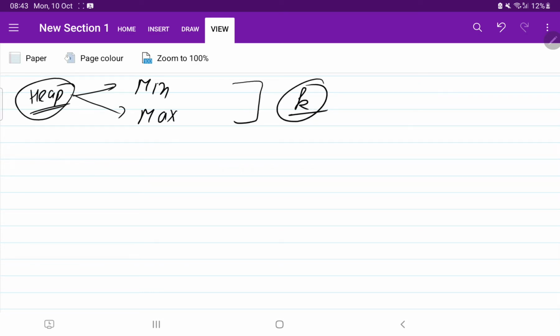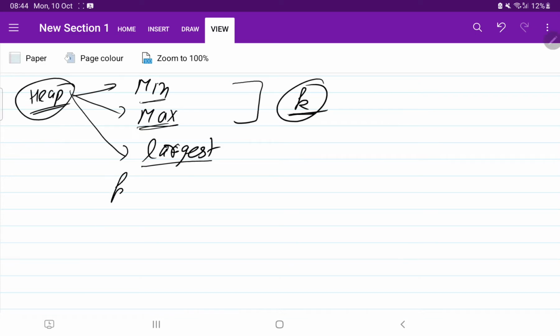So k largest element, k smallest element. These are the prerequisites for heap. If they ask you for k largest, k smallest, k minimum, or k maximum element, then we can use the concept of heap.